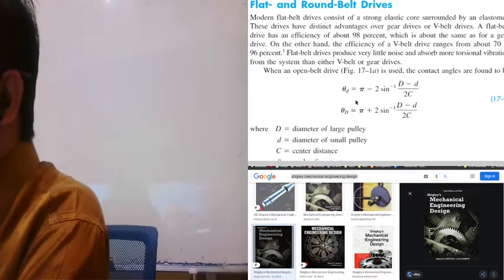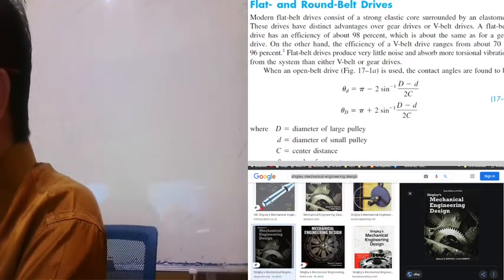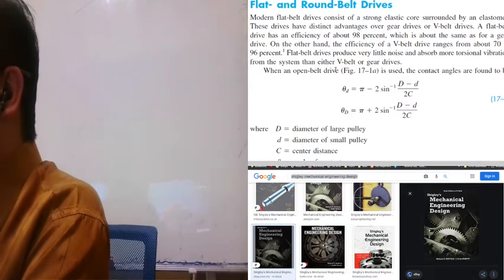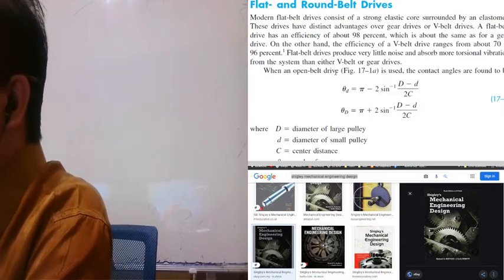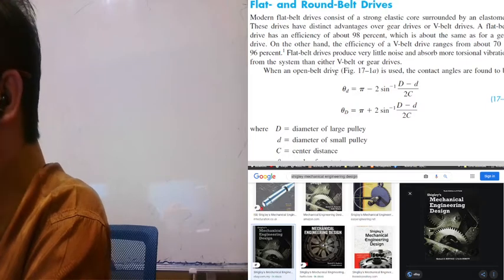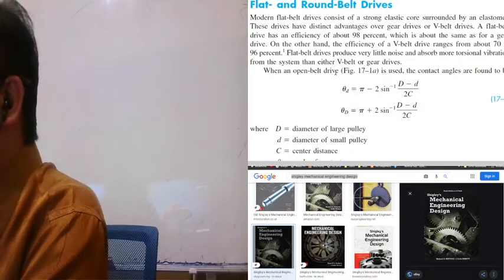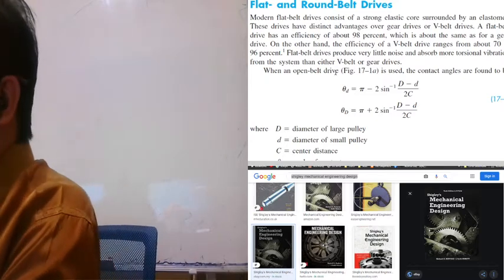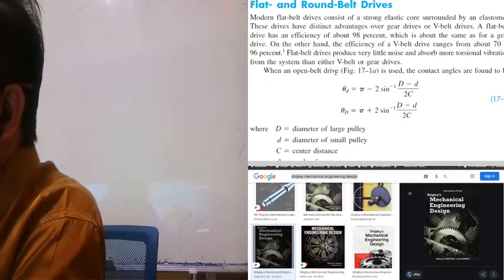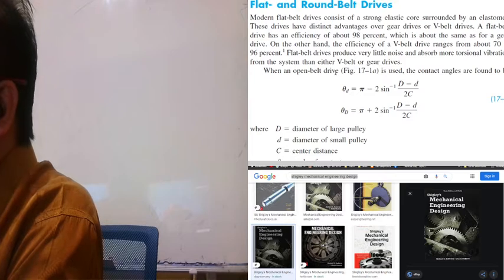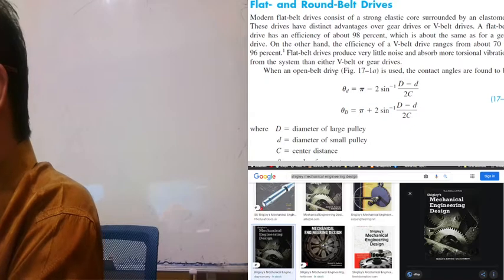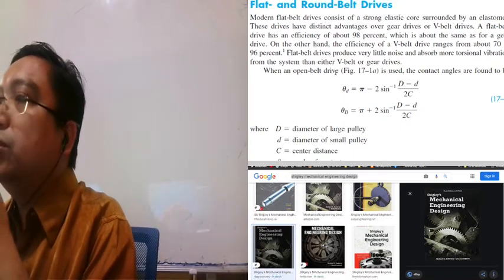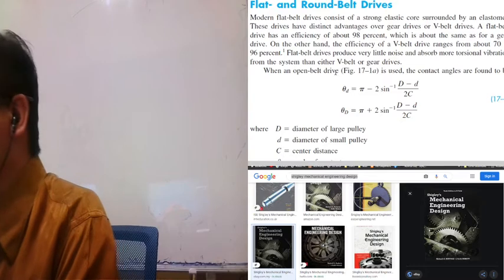Modern flat drives consist of a strong elastic core surrounded by an elastomer. This drive has distinct advantages over gear drive or V-belt drive. A flat belt drive has an efficiency of about 98%, which is about the same as a gear drive. On the other hand, the efficiency of a V-belt drive ranges from about 70 to 96%. Flat belt drives produce very little noise and absorb more torsional vibration from the system than either V-belt or gear